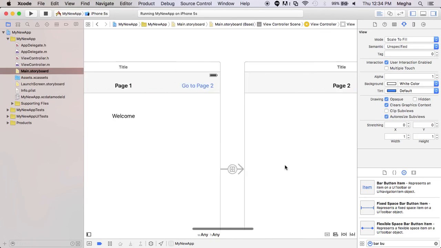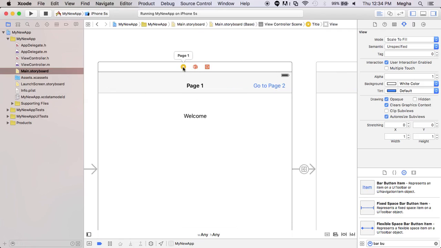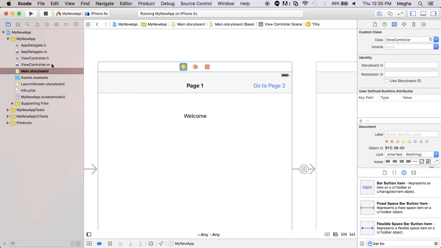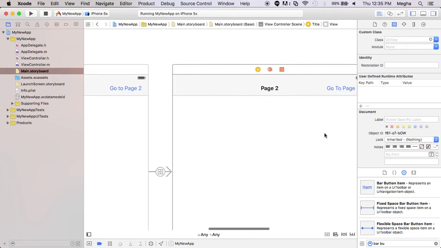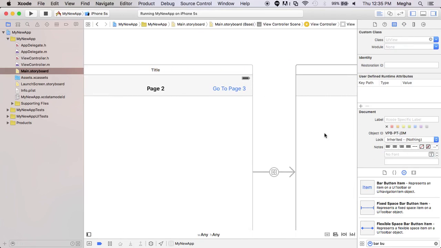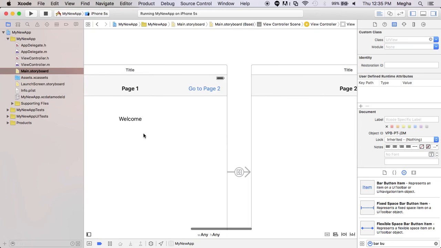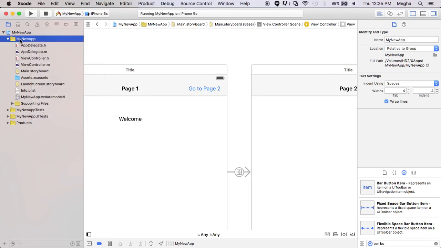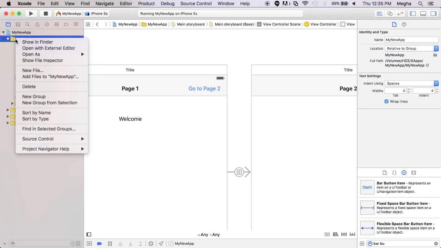And for this first view controller, we had an object representation of this class. If you notice, this one is ViewController. But for these two which we added now, there is no class representation or object representation. For that, I'm going to right click, which is not needed, but I'll try to tell you. It looks like my project is located here. Right clicking, new file,